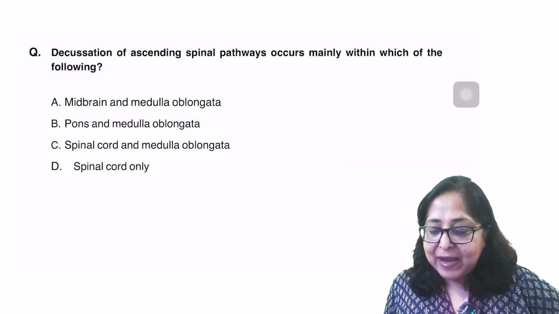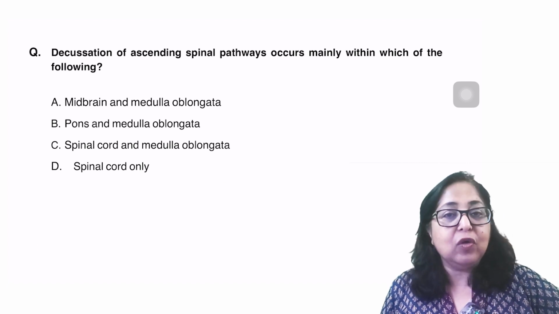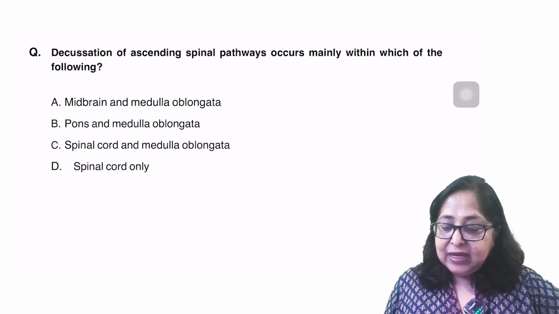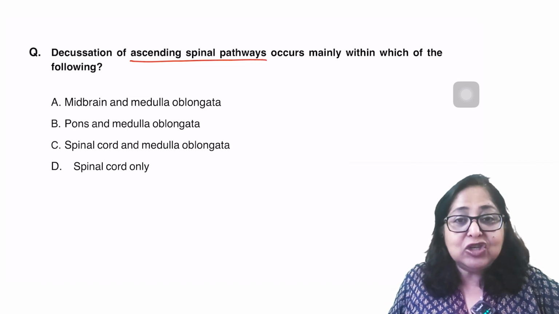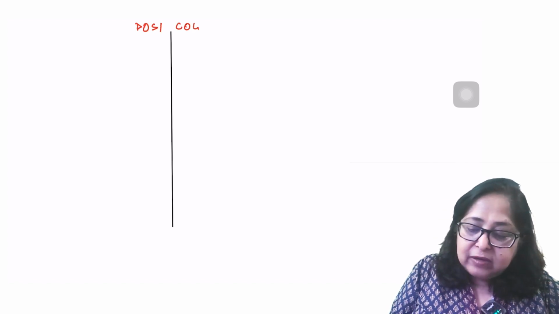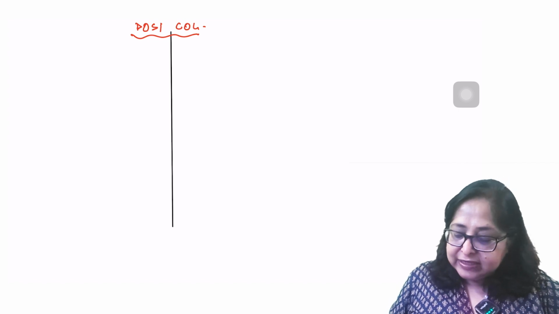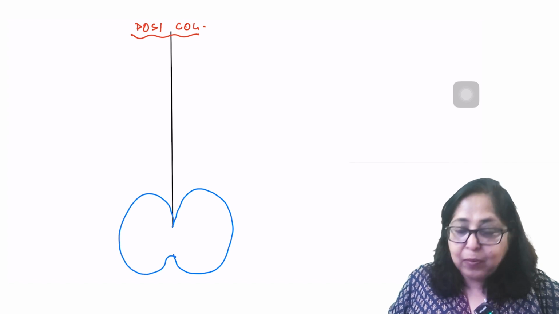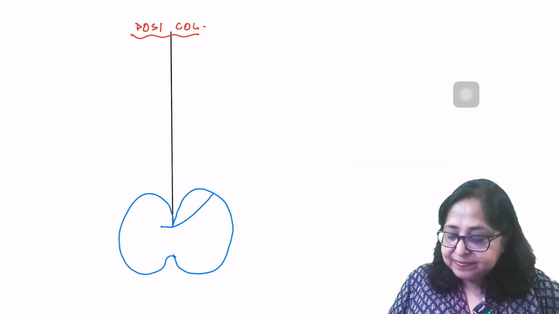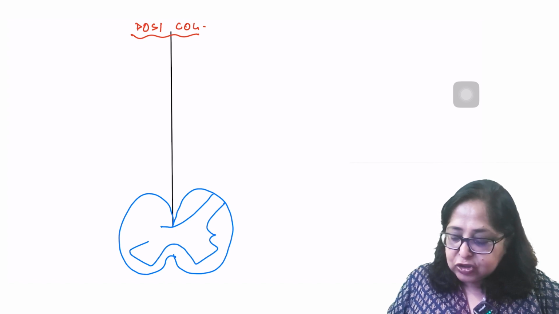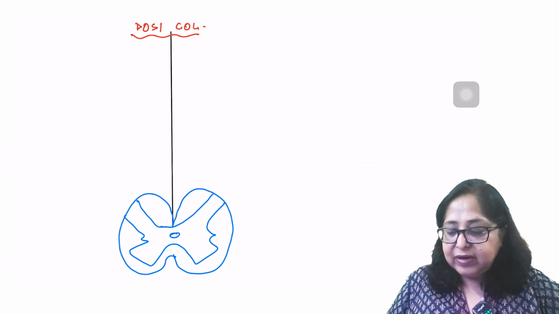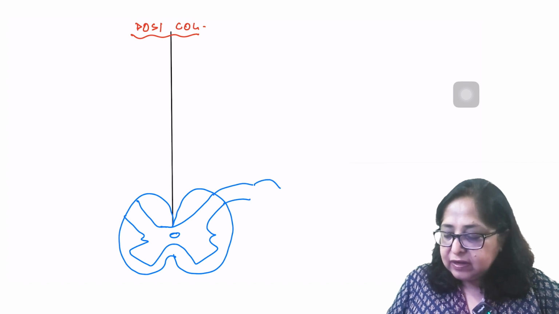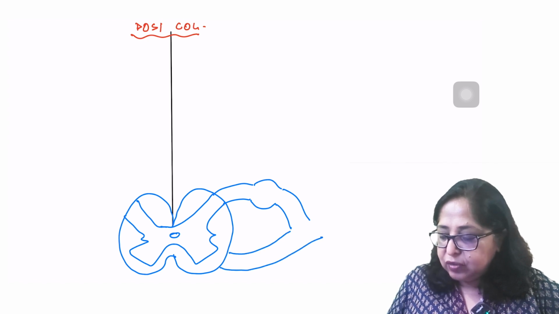Decussation of ascending spinal pathways occurs mainly within which of the following segments? Now, ascending spinal pathways, the two major ascending spinal pathways are the posterior column or the dorsal column medial lemniscal system. So let us see, how do the fibers of the dorsal column ascend upwards? These are sensory tracts. This is a cross section of the spinal cord which I've drawn here. The grey matter, this is the dorsal root. There is the dorsal root ganglion. The first sensory neuron is the